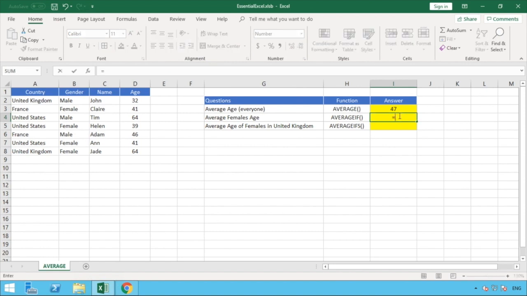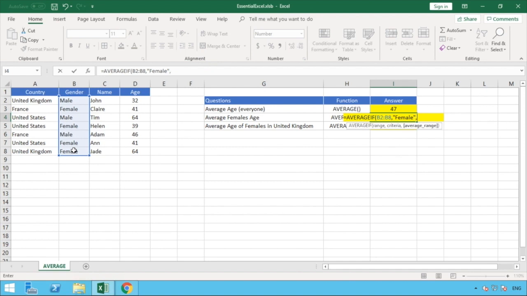So what we can do is we enter the equal sign, type in average, but this time enter the letters I and F at the end, open our brackets, and then we can see our prompt, the information that we need to enter. So what we want to do is this first range here is the range that contains the values that we want to apply our criteria to. So it's gender, so we can select all these values here in our gender information, B2 to B8, and then enter a comma. We'll then in quotations type "female" as the gender that we wish to look for,